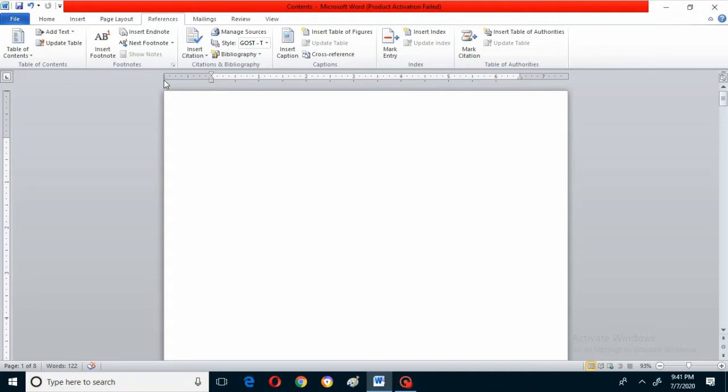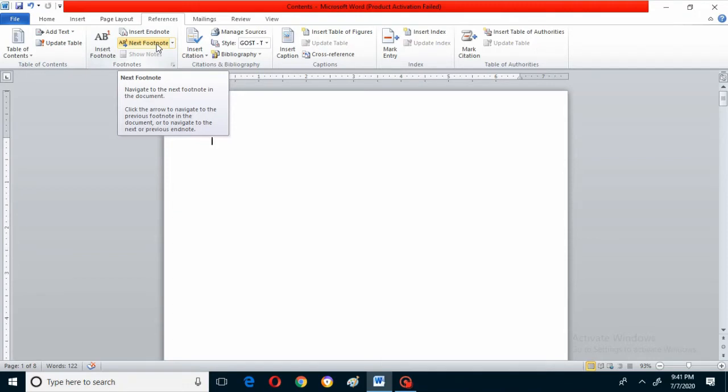Here two options are there. One is insert footnote, and the other is insert endnote. Insert footnote puts the meanings at the bottom of each page.